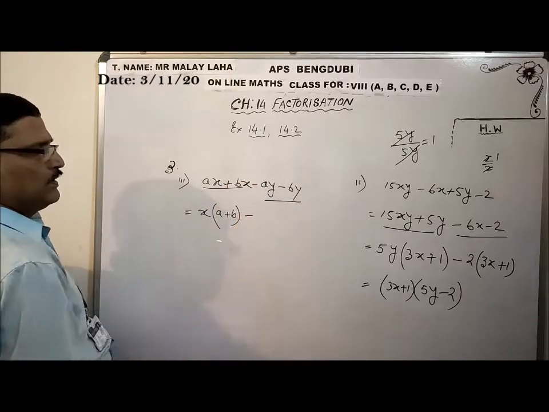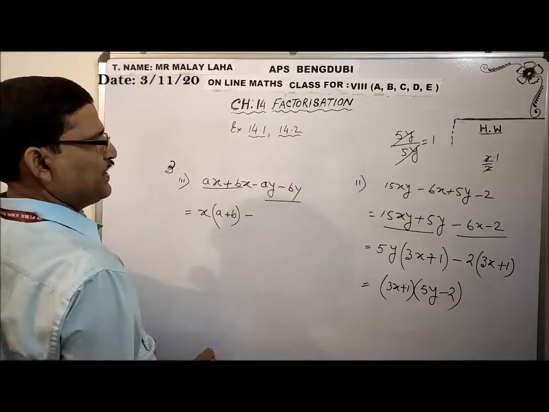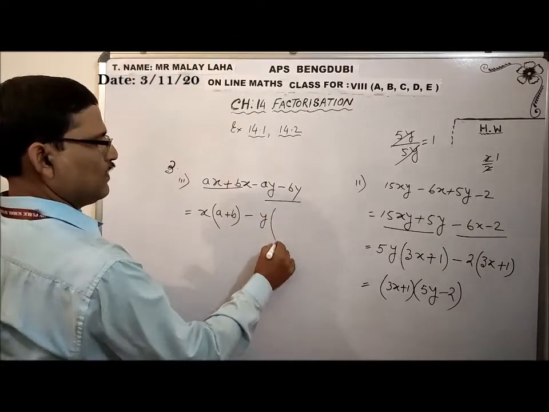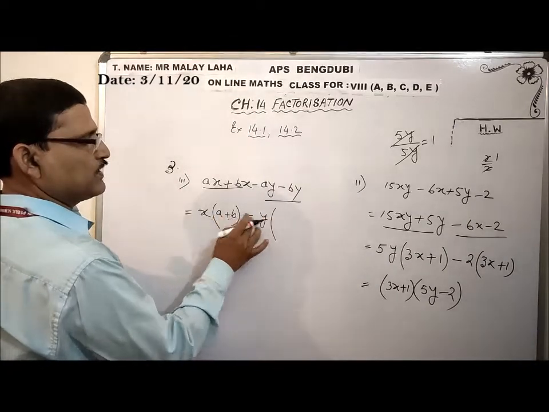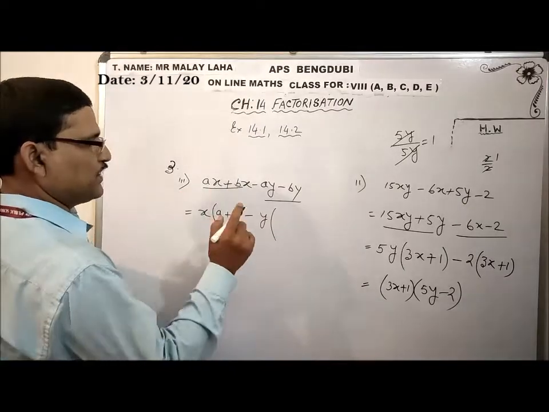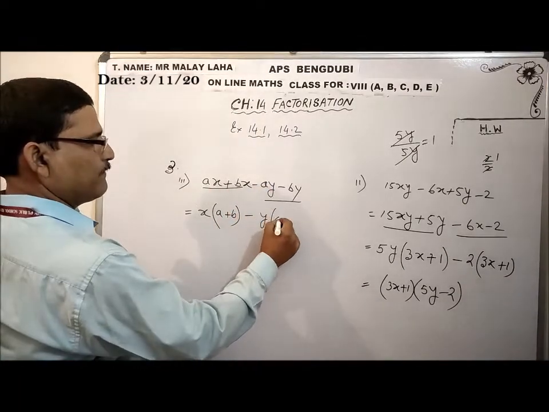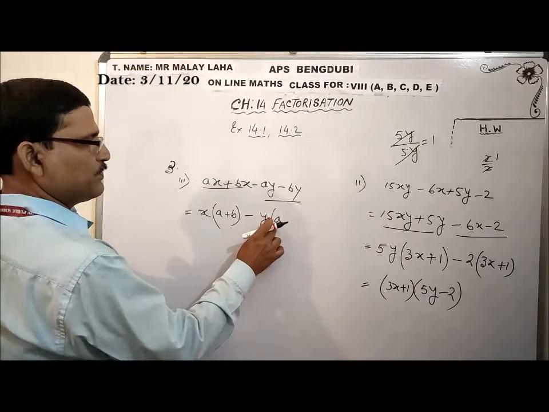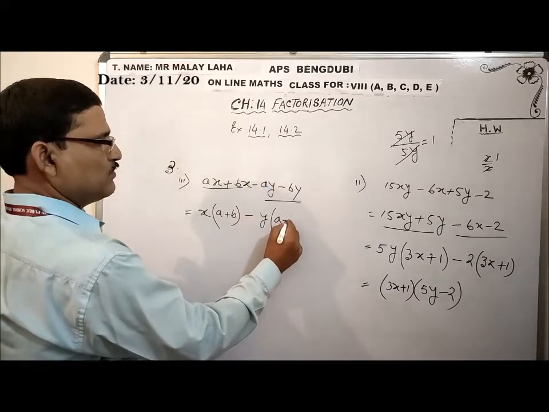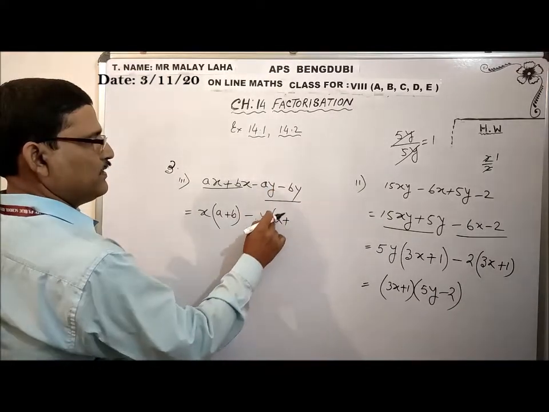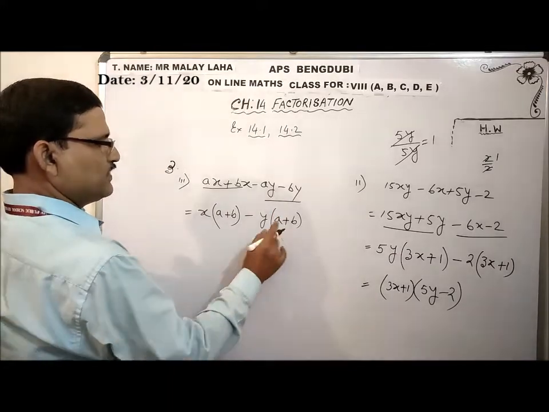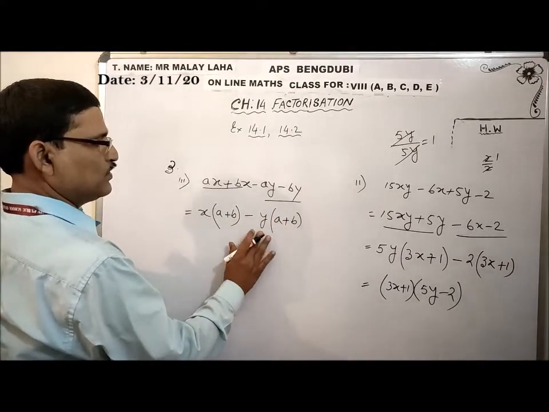Okay. Now minus. What is common here? y. And mind it, this sign will come back, otherwise you are making a mistake. y is out, a is left. Okay. Minus converts into plus. Then minus converts into plus. If I divide by y, y is out, b is left. You see, a plus b, both are the same.